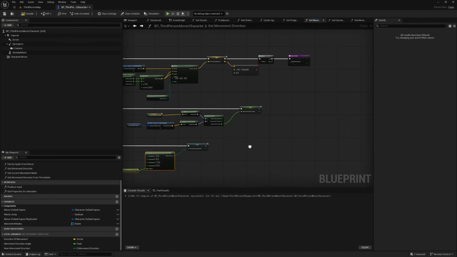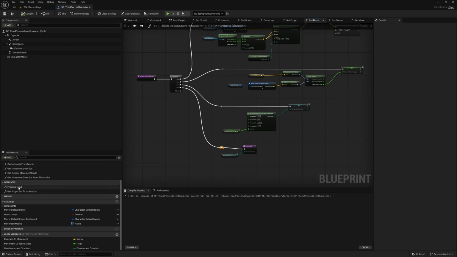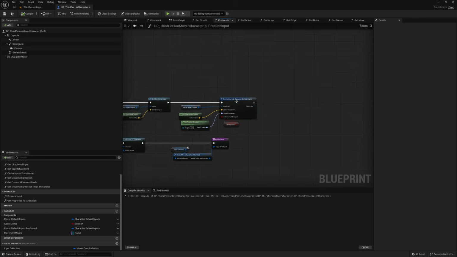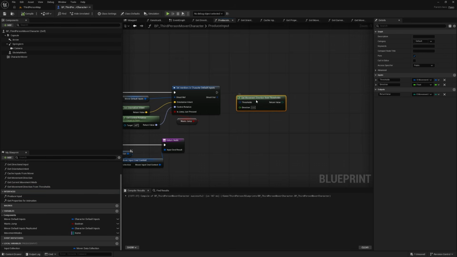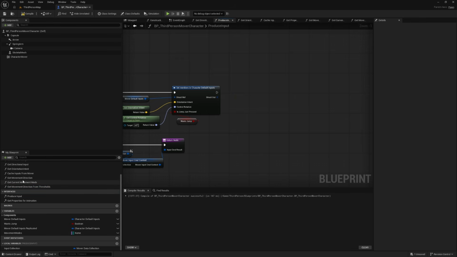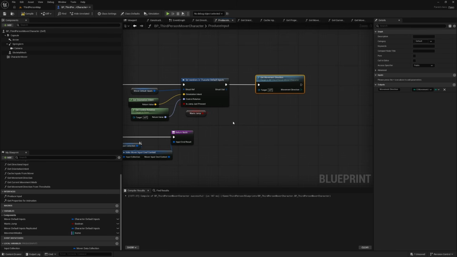And we will send with the return node then here. So go produce input here. We have now get movement direction function,